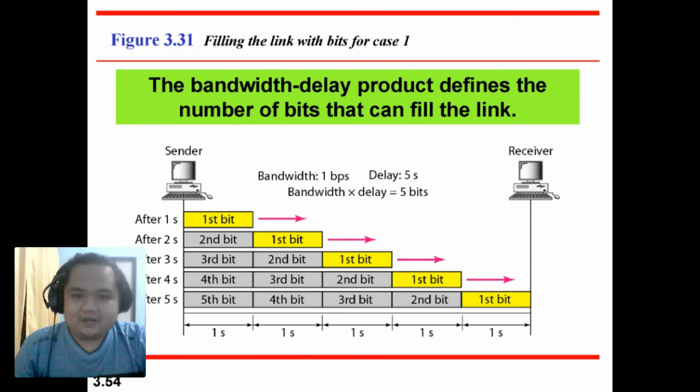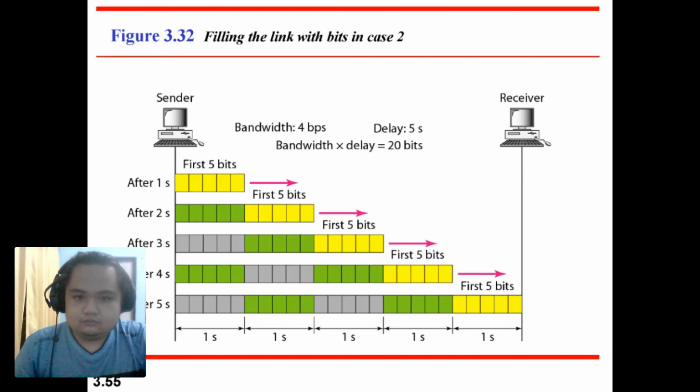The bandwidth-delay product defines the number of bits that can fill the link. You can see the sender after 1 second, 2 seconds, 3 seconds, 4 seconds, and 5 seconds. With bandwidth 1 bps and delay 5 seconds, bandwidth times delay means 5 bits. For a link with bandwidth 4 bps and delay 5 seconds, bandwidth times delay equals 20 bits. At the 1 second,